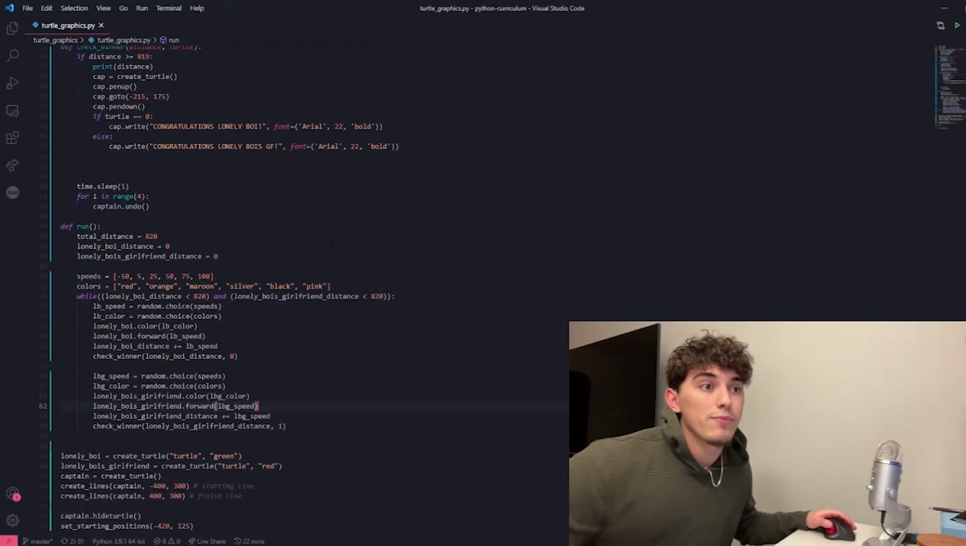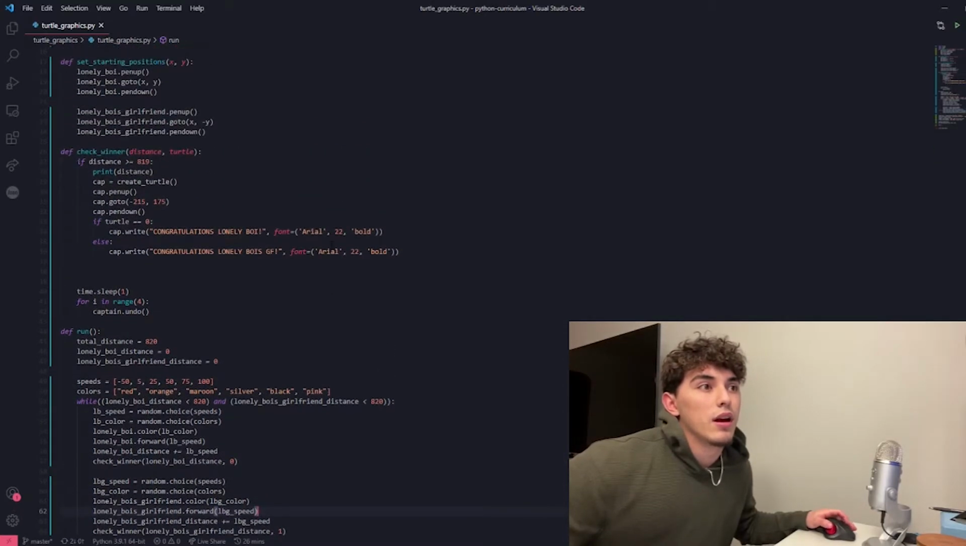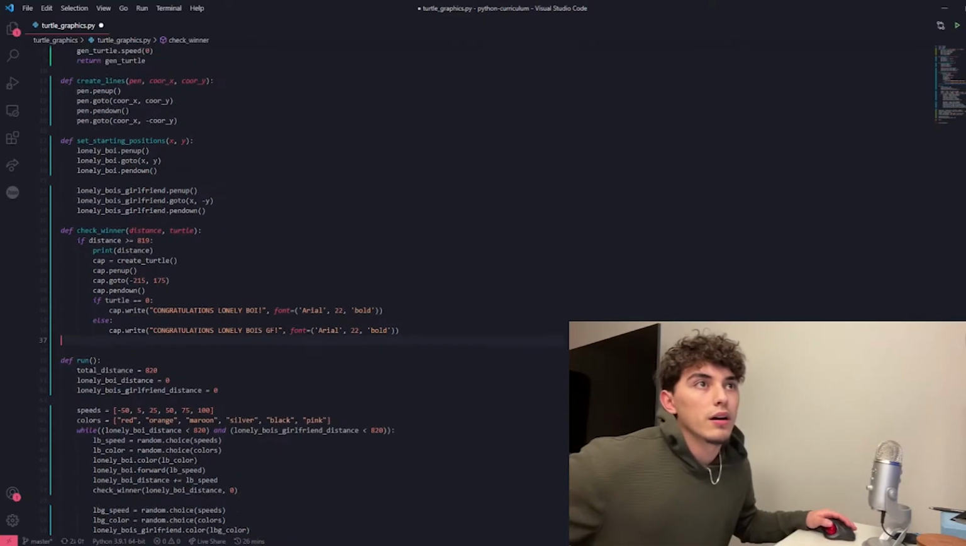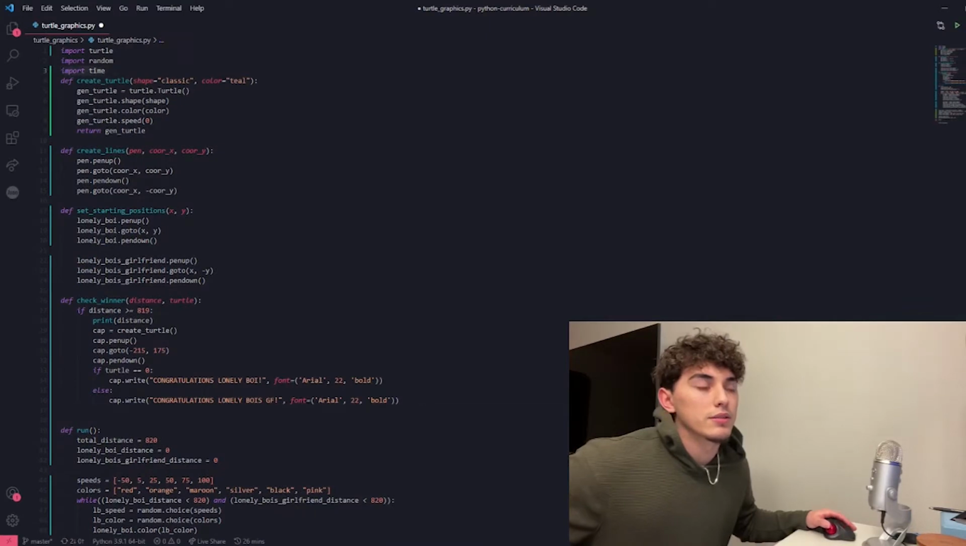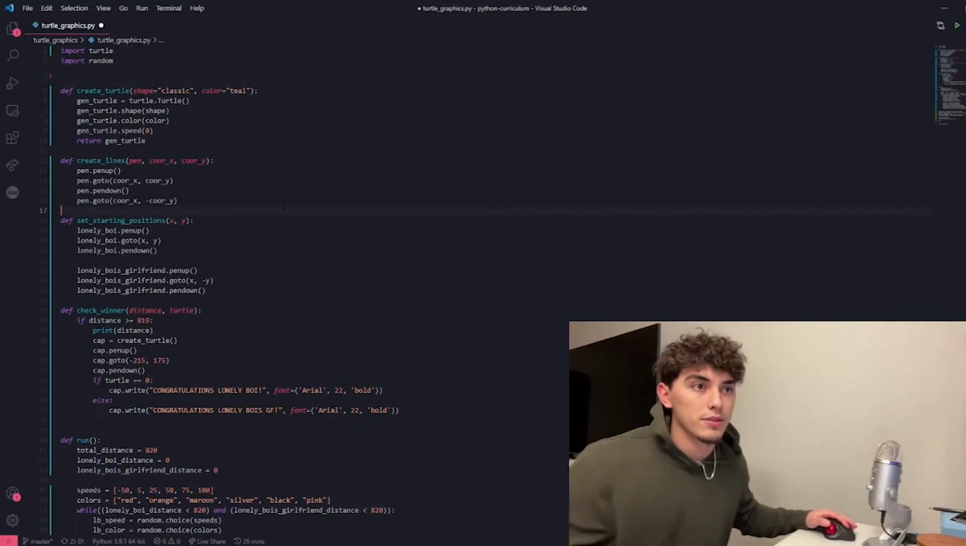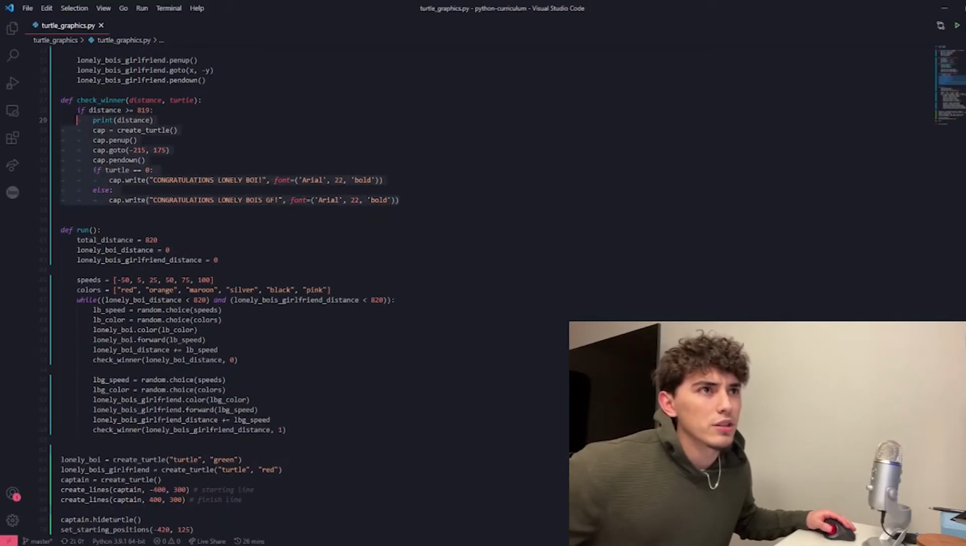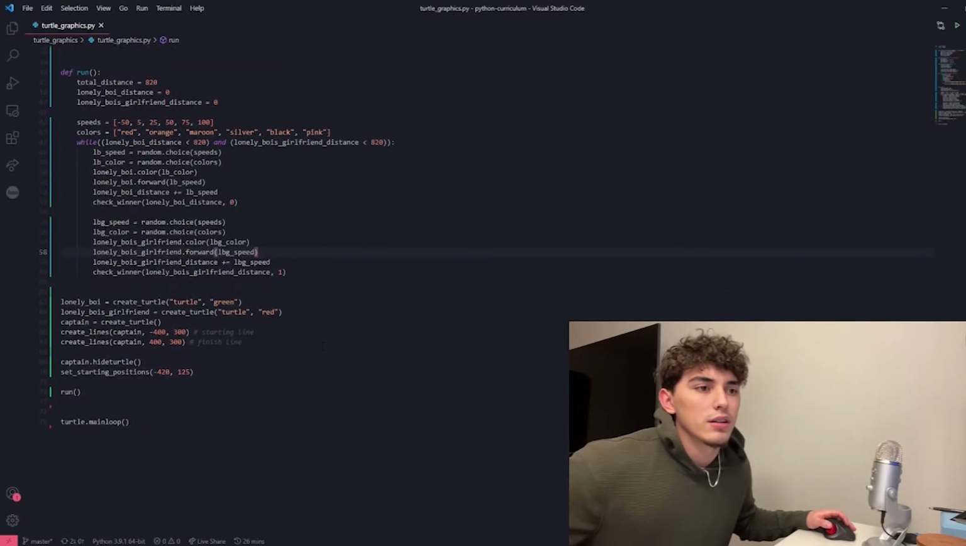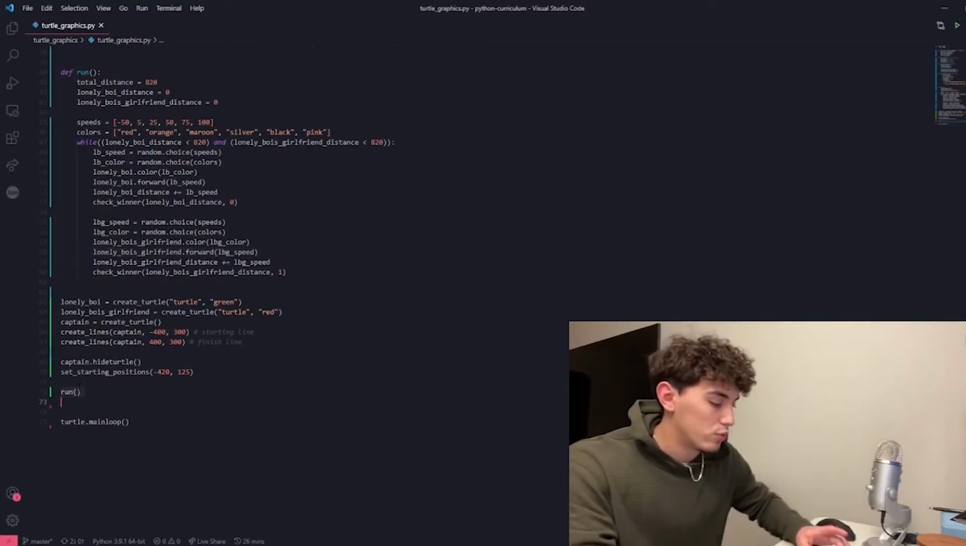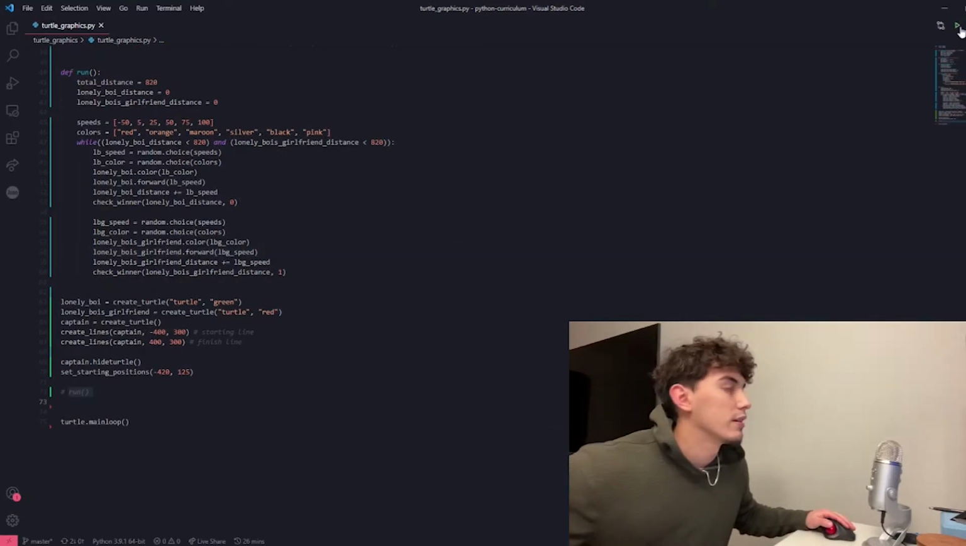If you missed the last video, we wrote this check winner function. Don't mind that, I think I have to get rid of this too. I was messing around with this, making sure everything was working fine. So we wrote this check winner function. It's a little janky, it doesn't look that cool. So when we run it, it looks something like,